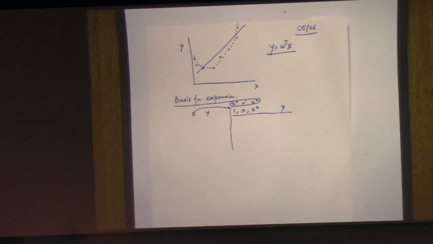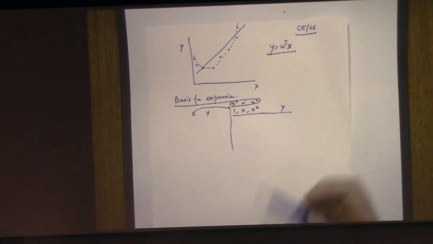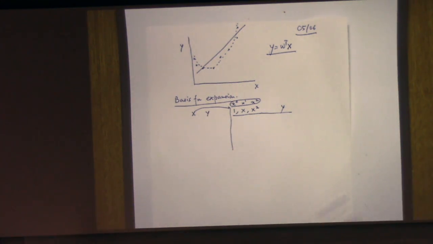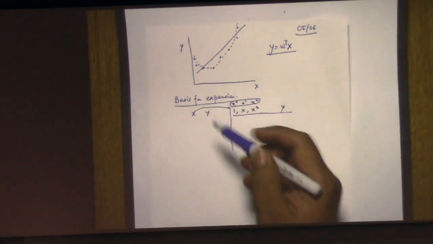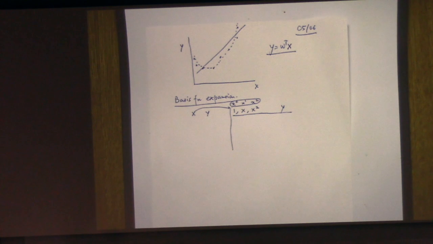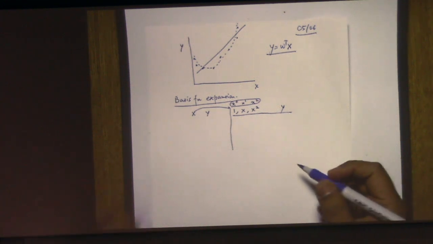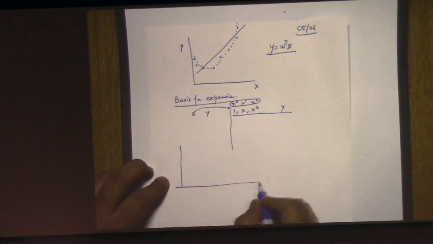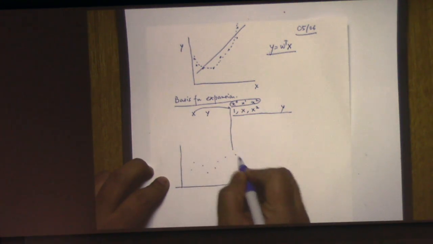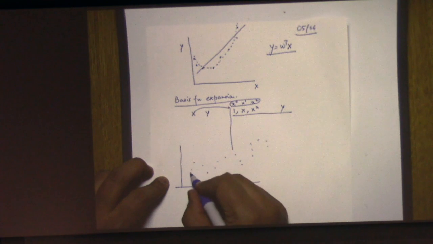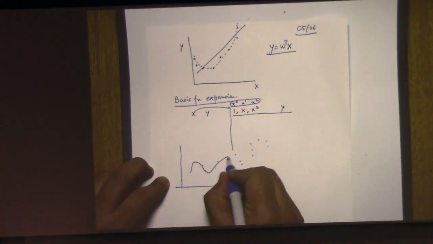So you can do up to p polynomial expansion, or you can use any other function. You could use a sine of x or sine plus cosine of x. So there's no limit on how many basis functions you can use. And what will happen because of that is that you could actually get a very low training error. You could, in principle, come up with a basis function such that I give you any data and you can learn a curve which perfectly fits